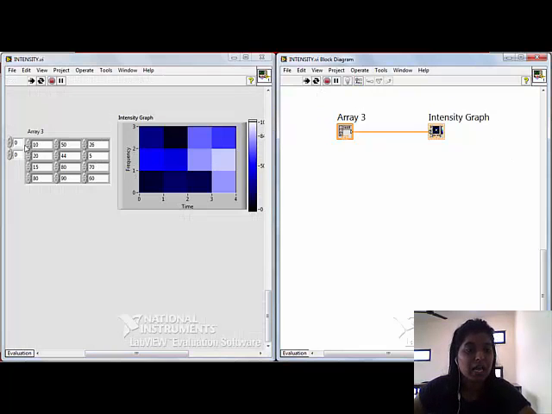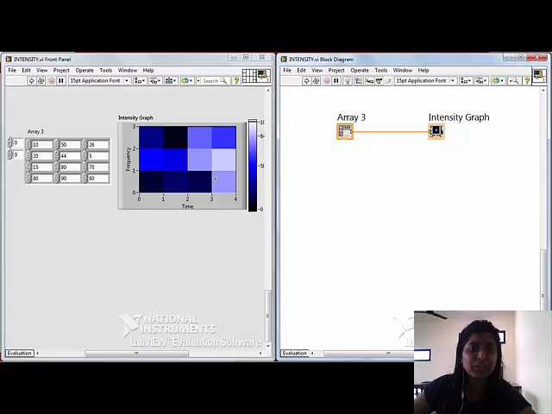See, this row 10, 20, 15, 80. Each row, meaning the first row 10, 50 and 26, is represented here in a column. This is for 10, this is for 50, this is for 26, and this row is represented in this column: 20, 44, 5. This is 20, this is 44, this is 5. As you can see, there are 3 by 4 columns in this intensity graph, and here is 4 by 3. Likewise you can increase the dimension.